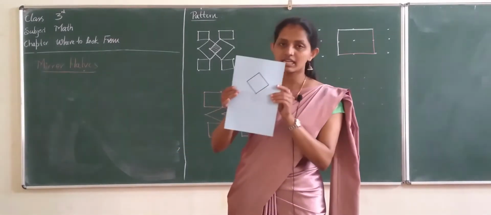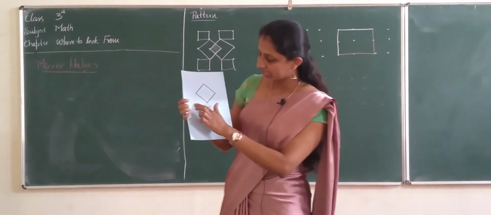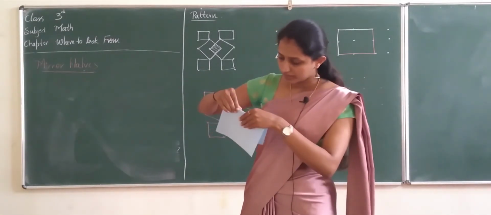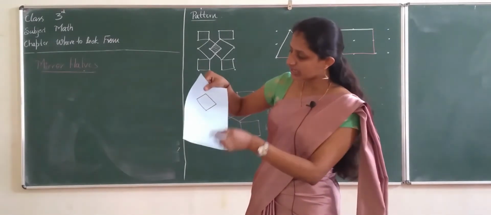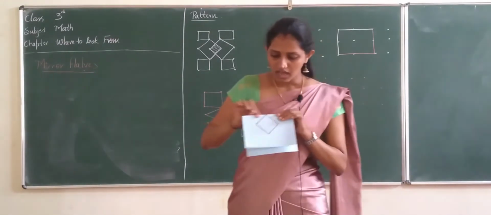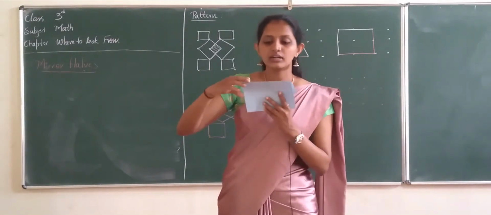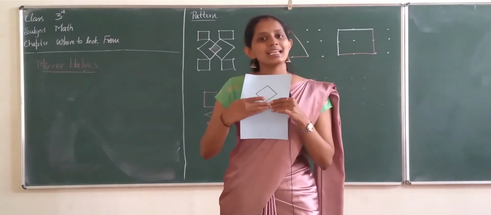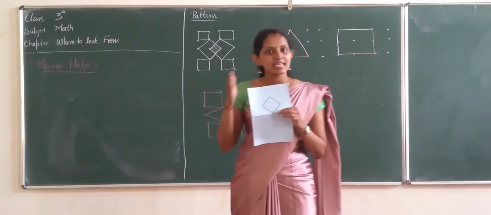See, if I take this diagram, I draw a dotted line here. Red one is a dotted line, okay? When I cut through this, I cannot get exactly half of this, no? Another half this one, another half this one. I could not get a correct half of this one, correct? That is an asymmetrical object. Symmetrical objects and asymmetrical objects.